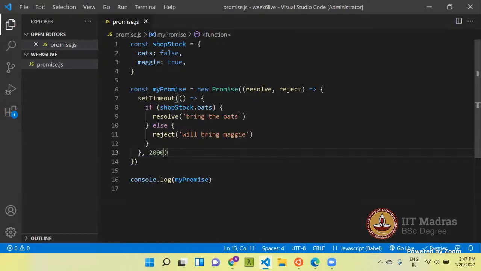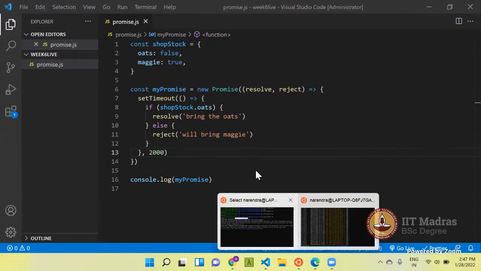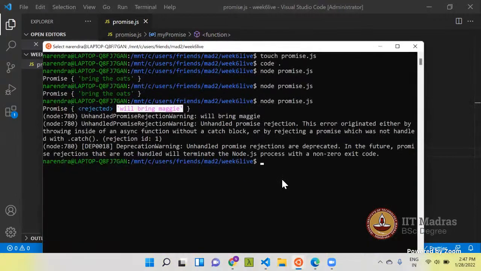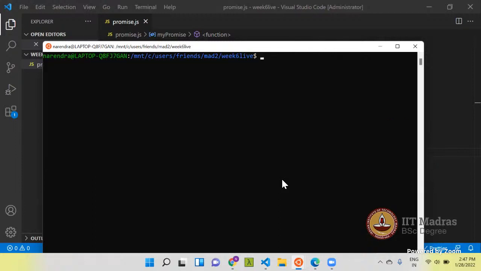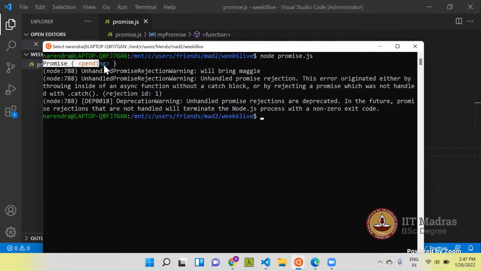Now let's try to run this code. It says promise pending. So these are the three states the promise can have.